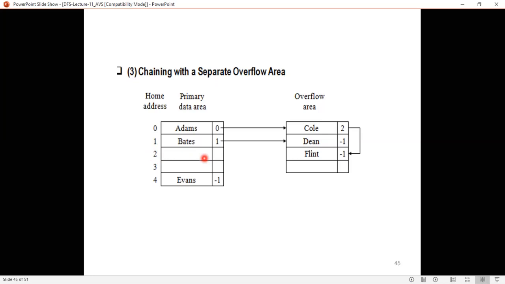Again, if it has one more synonym, then you can add one link and store it in the overflow area. Instead of storing it in 3, you will store it in this particular overflow area. And when one more record comes which has its home address 3, it will be stored in this particular primary data area. So here we can reduce the number of accesses for the primary data area, primary keys, this first synonyms.